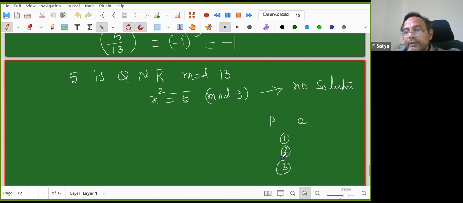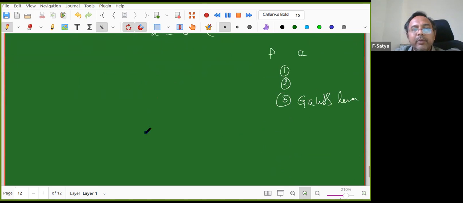So that is one approach. What is the third approach? Gauss lemma. What do you do? Multiply a by 1 to (p minus 1)/2, and then divide by p. Look at how many of them are greater than p/2. That way we can find out. We'll compute one more example so that we understand. What do you know about (2/7)?